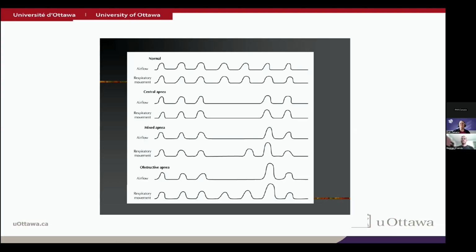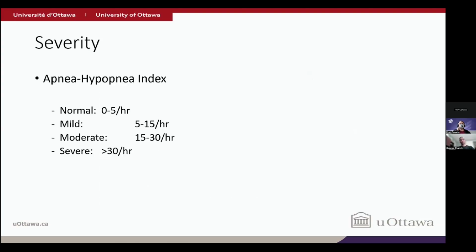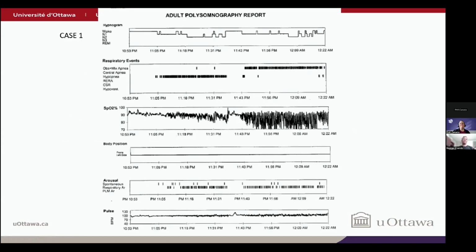This is the main reason why patients get sent in. The spouses see this. So what we do in the lab is we add all those together. Stopping breathing 0 to 5 times an hour is normal. Surprisingly, it's not 0. 0 to 5 is normal. 5 to 15 is mild. Above 30 is severe. The way this looks in a sleep test when we accumulate all the data, you don't